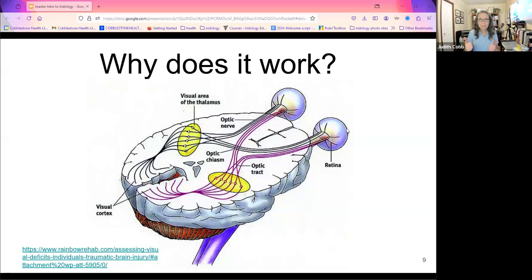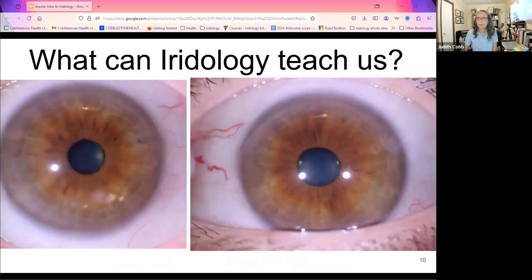Does that make sense? If it does, give me an "oh yeah" in the comments box. So when we see markings in the iris, it shows us again that epigenetic potential. It doesn't give us a guarantee. Okay, but if we understand our anatomy and physiology, we can begin connecting dots, and we can see where our clients' current symptoms are coming from. And that helps us to understand what to do about them.